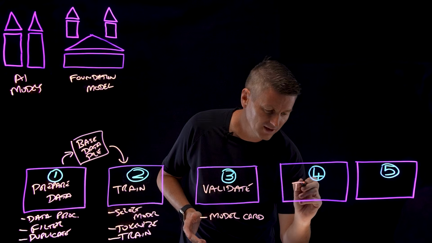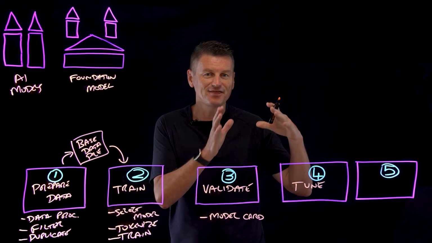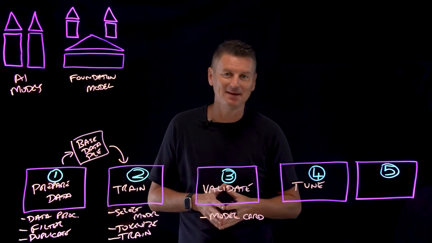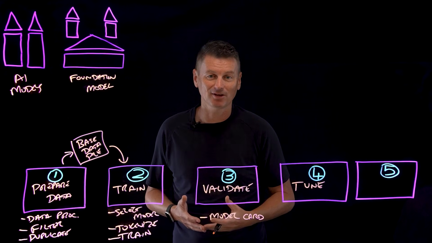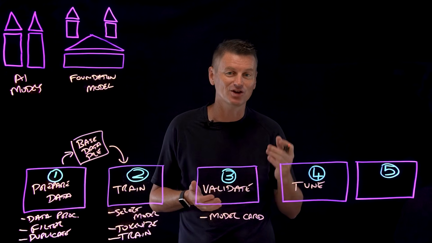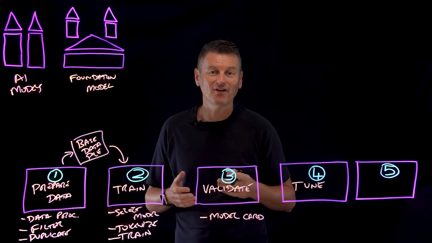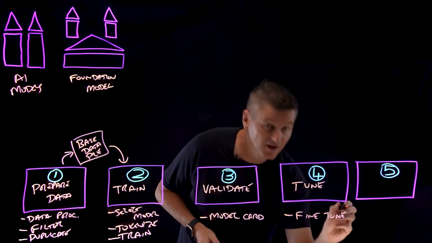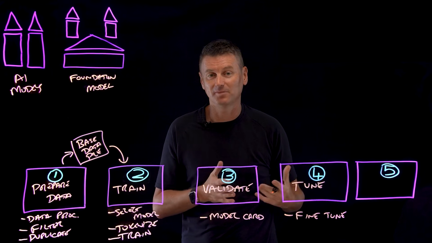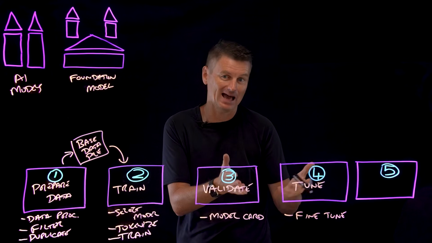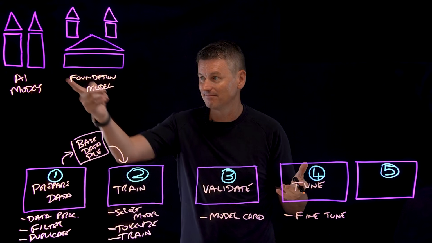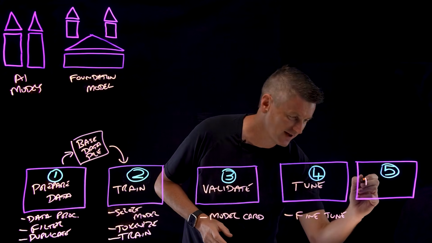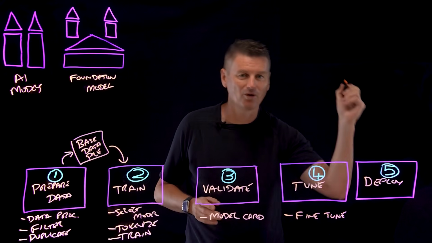Now, stage 4 is tune, and this is where we bring in the persona of the application developer. This persona does not need to be an AI expert. They engage with the model, generating, for example, prompts that elicit good performance from the model. They can provide additional local data to fine-tune the model to improve its performance. And this stage is something that you can do in hours or days, much quicker than building a model from scratch. And now we're ready for stage 5, which is to deploy the model.